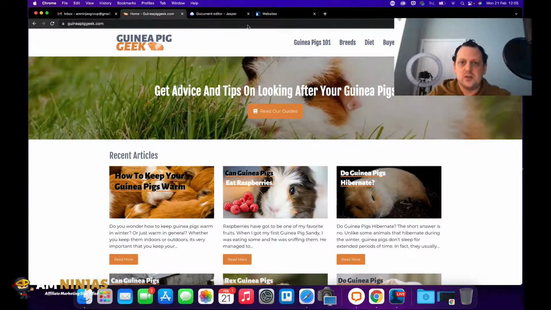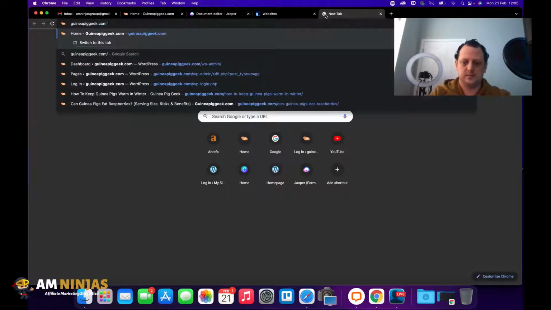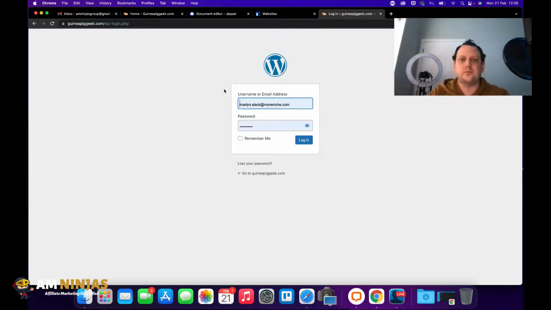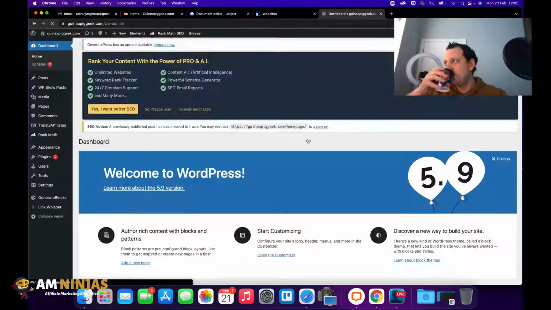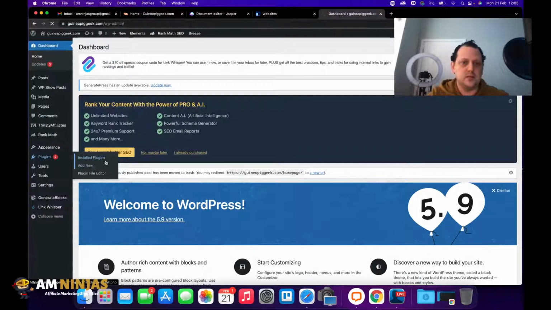Then we need to just go to the back end of Guinea Pig Geek and set up the plugin. So we'll log in, and plugins, installed plugins,